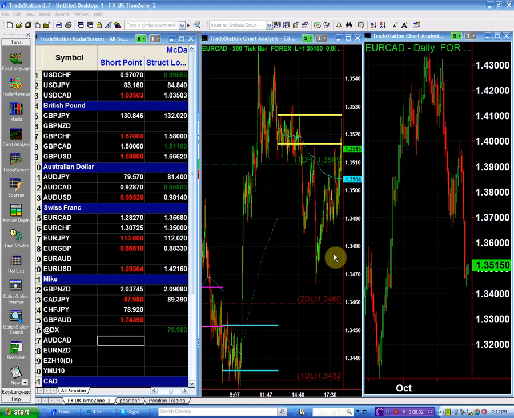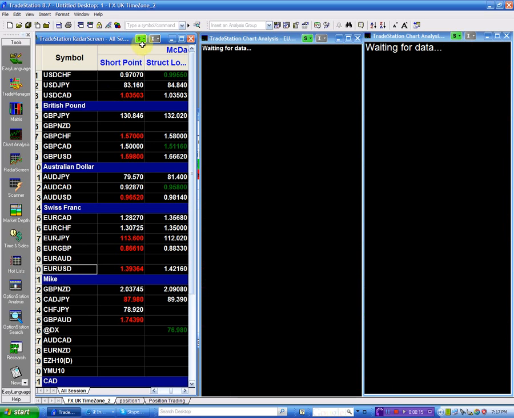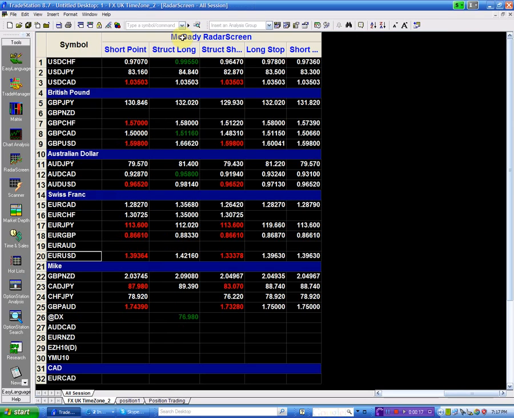weakness. The first one I'm going to look at is the euro dollar. Why? Because we have what could be a news event. So I'm going to look first at the euro dollar because it can give us some good entry points. Now if you look at the radar screen from last week,